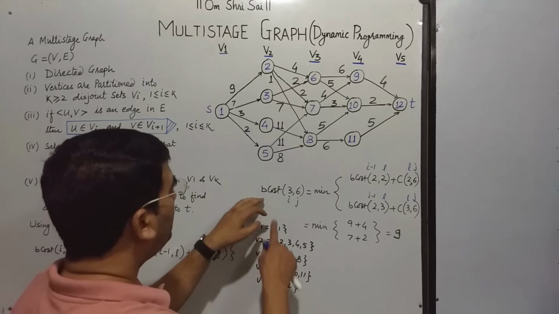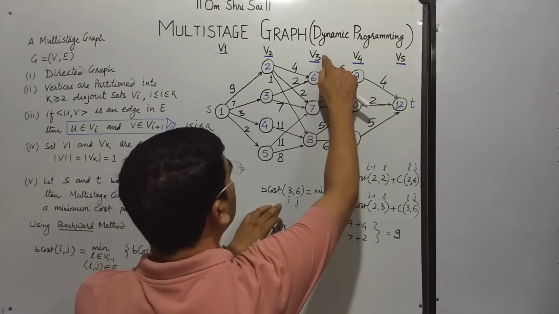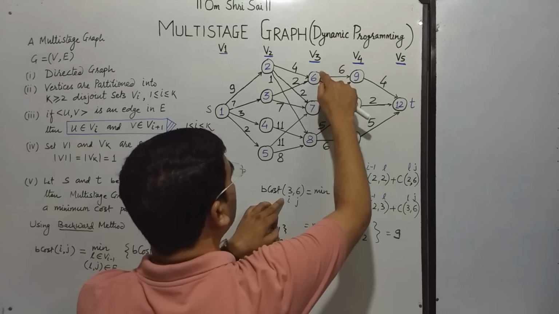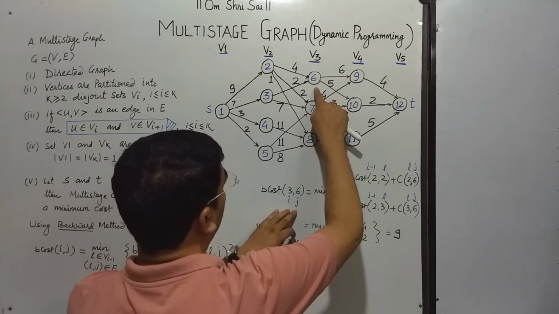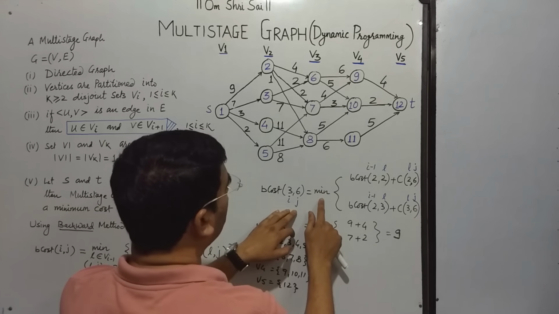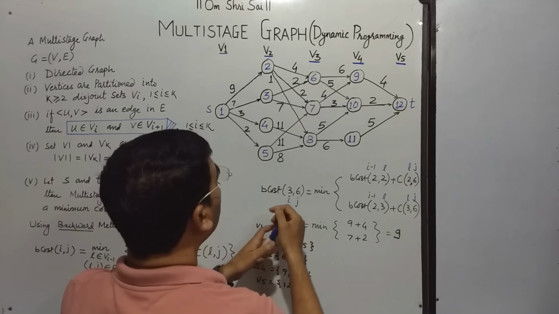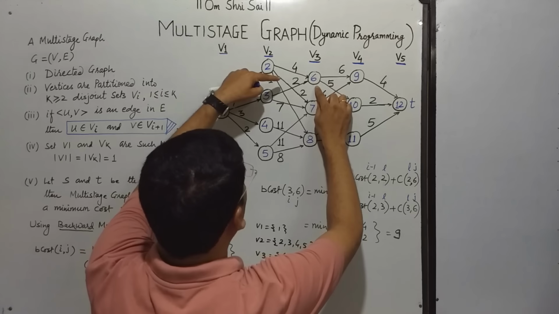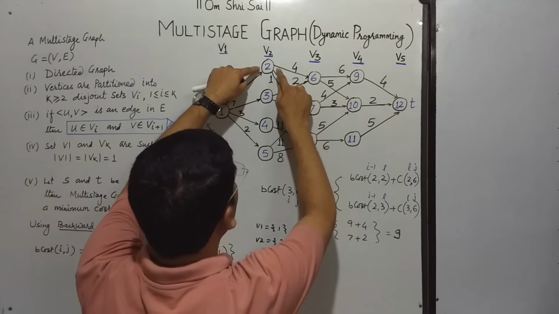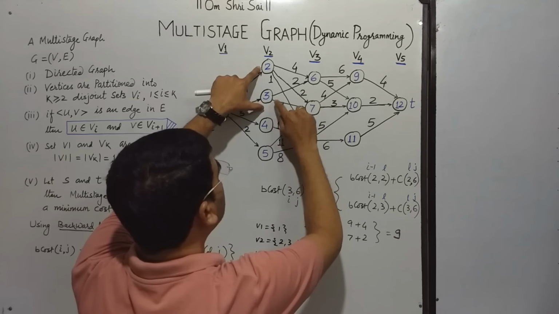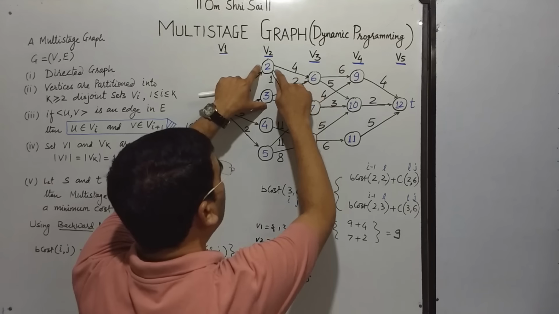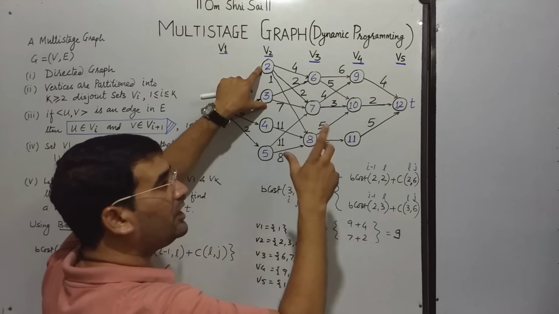एक एग्जाम्पल लेते हैं. Let's say B cost of (3, 6). 3 is the stage number and 6 is the vertex. तो थर्ड स्टेज पर 6 वर्टेक्स का जो कॉस्ट होगा वो कैसे कैलकुलेट करेंगे? Now we have to perform an operation, that is the minimum operation. क्यों? क्योंकि यहाँ 6 पर इस साइड से आने के 2 रास्ते हैं. या तो वर्टेक्स 2 से 6 पे आएंगे या फिर वर्टेक्स 3 से 6 पे आएंगे. So as there are 2 paths, we have to find out the minimum one.